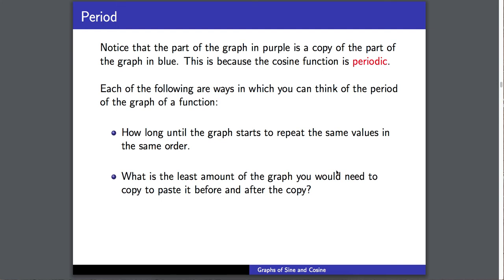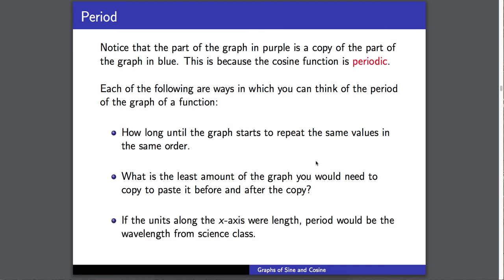Another way is, if you were looking at copying and pasting, what is the least amount of the graph you would need to copy to paste it before and after the copies? So you can just Control-C part of the graph and then Control-V the rest of it to the left and to the right. If the units along the x-axis are length, period would be the wavelength from science class. So in terms of what we're graphing, the angle measurements. But if you're looking at things like sound waves in science class, usually you talk about the wavelength. That would be the distance between the crests of the wave,